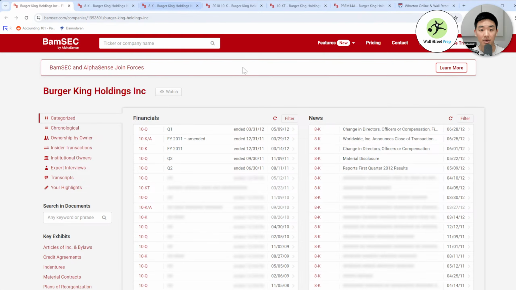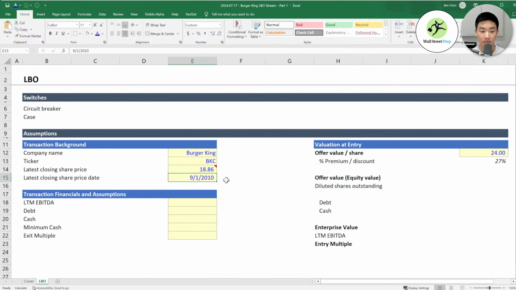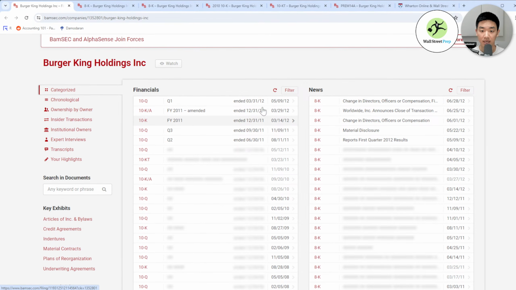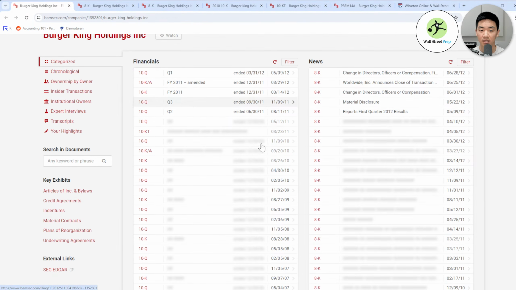So when you're thinking about, okay, this company was acquired on September 1st, 2010, and for whatever reason, Burger King kept reporting more filings even after acquisition. That's very odd. Usually the company stops. There is a good reason as to why this company in particular did, but I didn't really look into it too much.